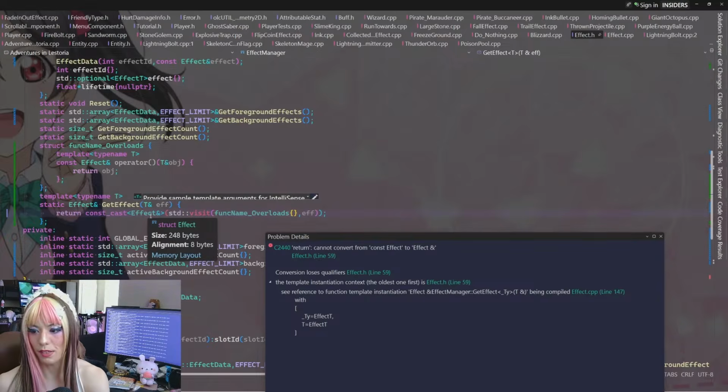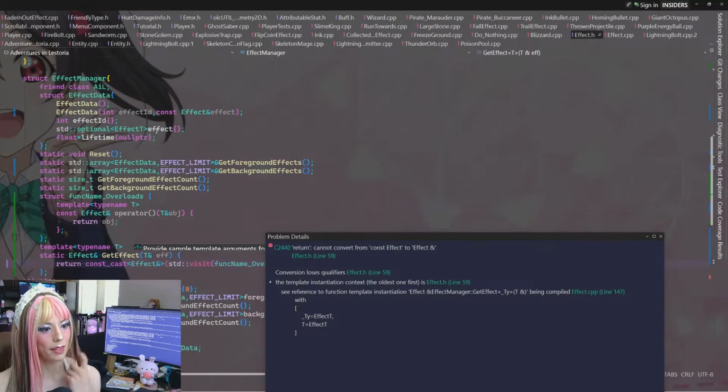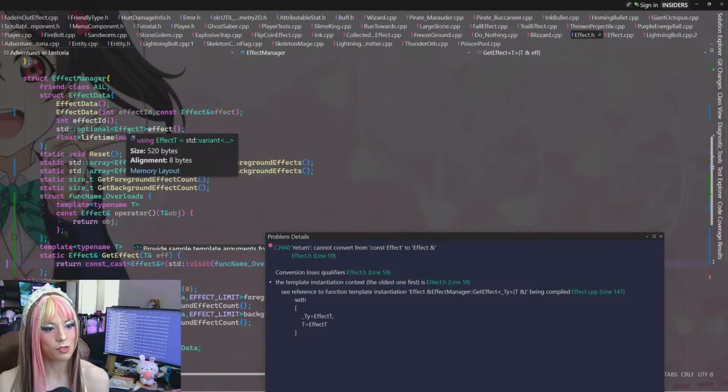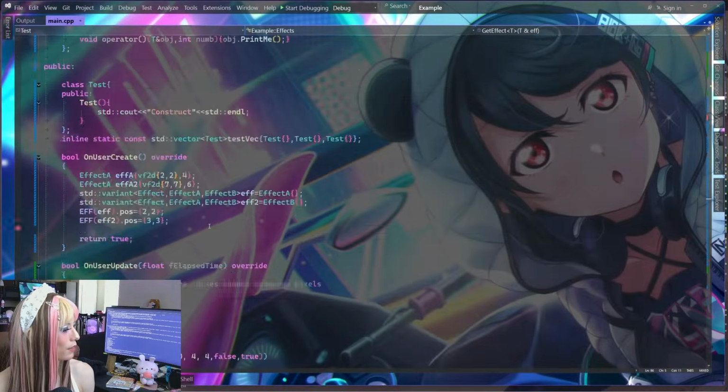There must be a reason, a core reason why that's happening. And it's happening to all of them, so it has to be maybe with how we get them. I don't think extracting an optional should be returning a const, in theory.